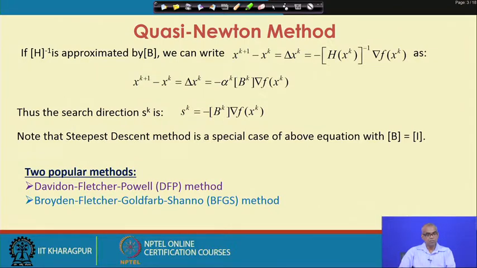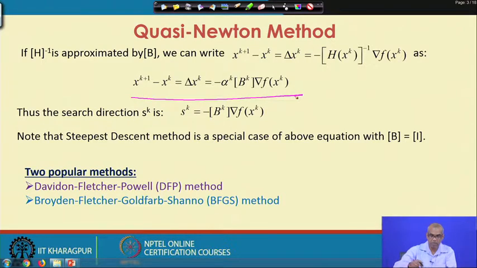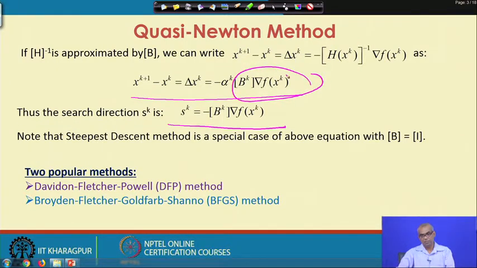If the inverse of Hessian matrix is approximated by a matrix B, we can write x k plus 1 minus x k equal to minus alpha k into B k into gradient f at x k. The search direction then is minus B k into gradient of f at x k.